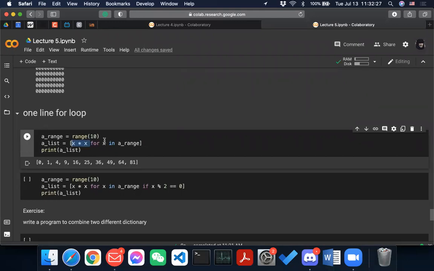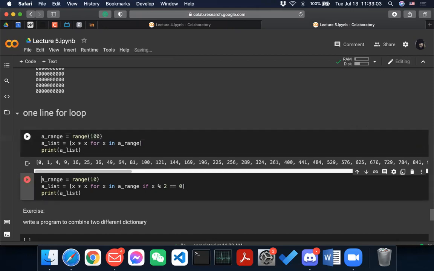And then you might think this list can be really short here. But at the end, if you try to print it, you can see this is not this simple anymore. It contains a list of data from 0 to 9 with its squares in it. And then just imagine if the range is 100, then this is pretty long.